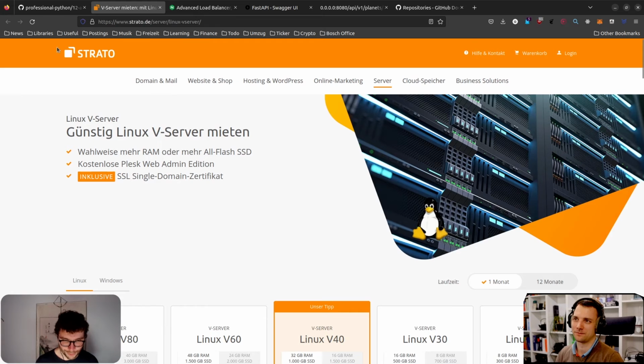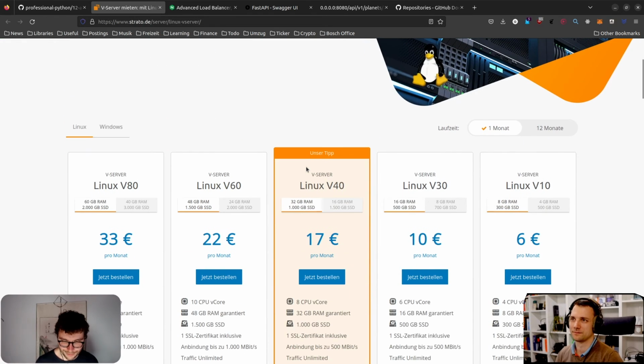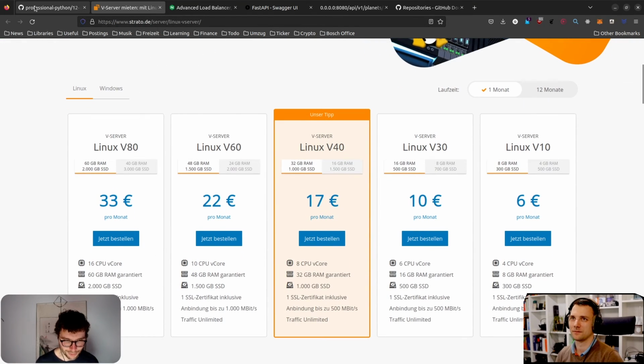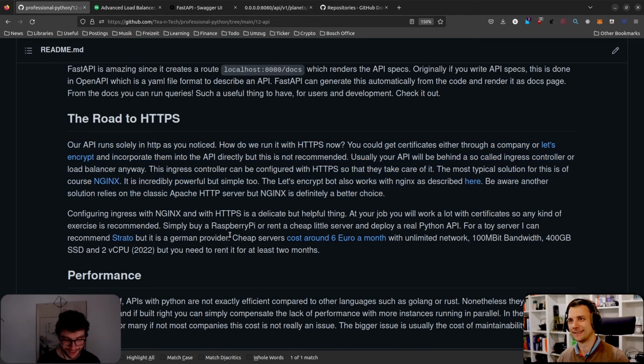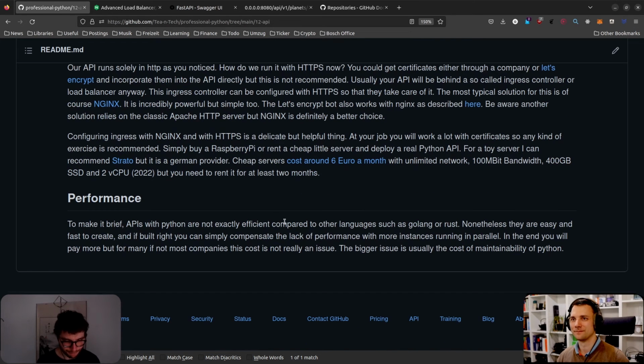Fortunately, this is the German one. They also have it in other countries, but the German one really saved my butt a few times. But just buy a Raspberry Pi. Yeah, to try it out. It's great. For hosting an API you can also do a Raspberry Pi, but then it's a bit annoying because you need to find a way to trigger it from the internet. Right, that's the pain point. So it's always good to maybe just rent some server somewhere, SSH into it, configure it, and that's done.